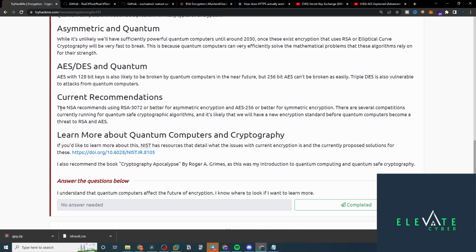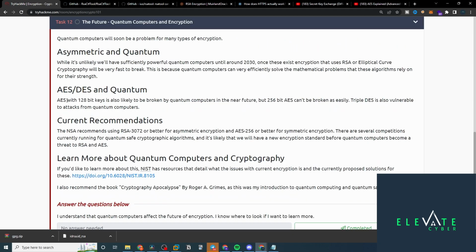So they're already strategizing, like, what do we do to future-proof ourselves from this problem? Here it talks about specifically how quickly you can break it and things like that. Now, the NSA is recommending to use RSA 3072 for better asymmetric encryption, AES 256 for better symmetric. There are a lot of competitions going on right now, and this is still in the research and development phase. They're trying to figure out what to do.